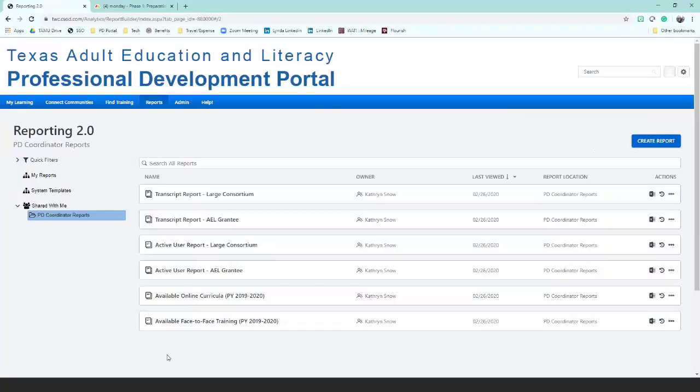So if you think that there's a report that might be helpful for other PD coordinators or managers out there, let us know. We'll be happy to put something together and add it to the list of reports that we have here. But these are just reports that we felt that we could pinpoint right away that would be helpful for you. So we are definitely open to feedback. If you have any suggestions, you can just email us directly,